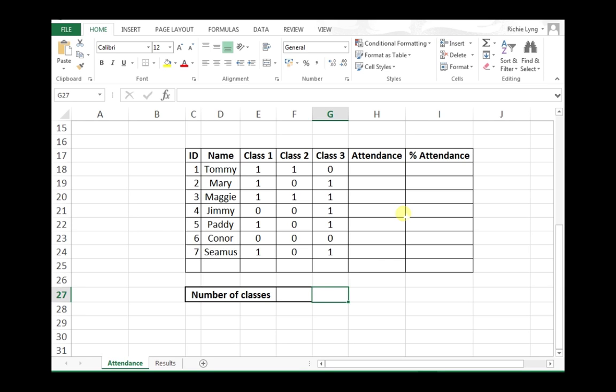So in Excel, we often need to work out percentages. And percentages are quite easily calculated using a straightforward division. If we take this example here where we have some information on students and their attendance in class. So we have 7 students and we'll work out how many classes they've been in and then from that their